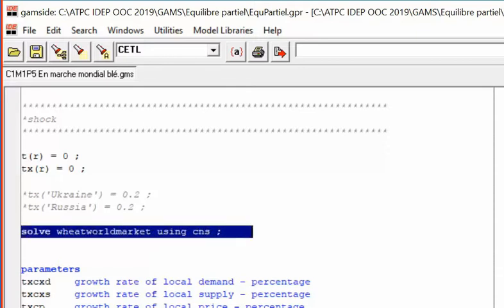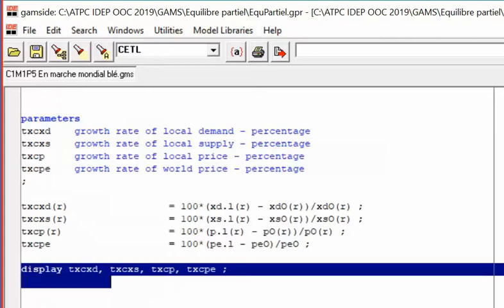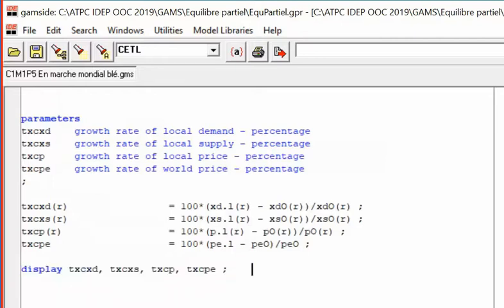So I ask for a second solve, and then I can ask GAMS to calculate some parameters, which are growth rates of local demand, local supply, local price, and world price in percentage. And here you've got a demand for a display of these parameters. So if I press on run,